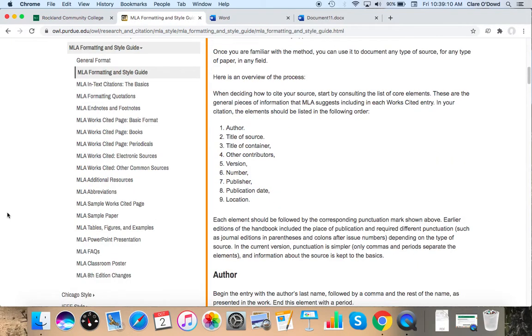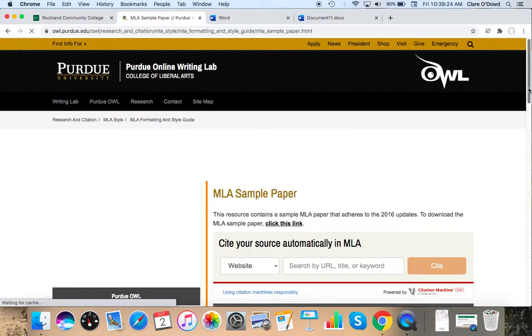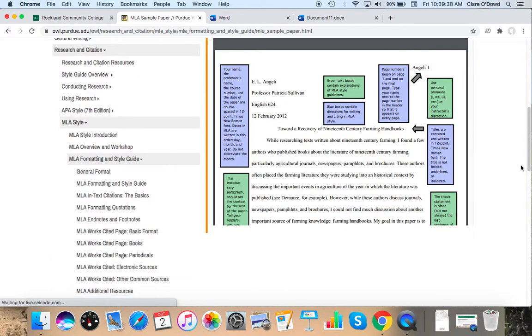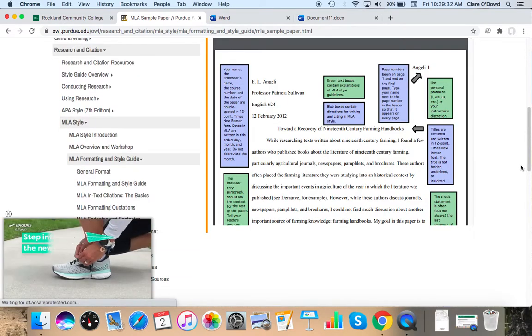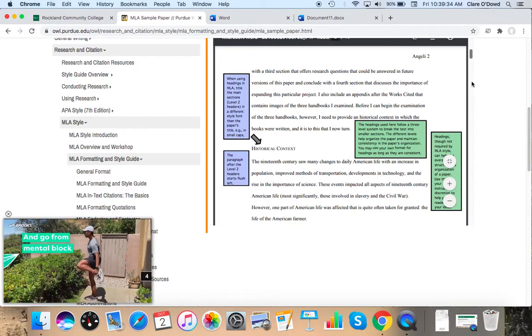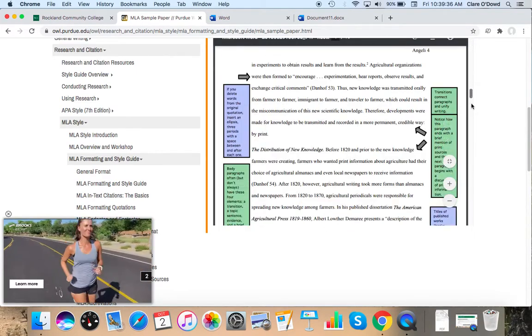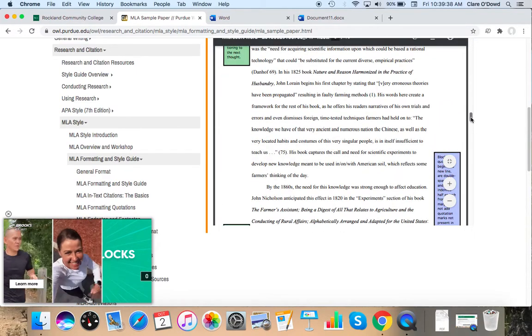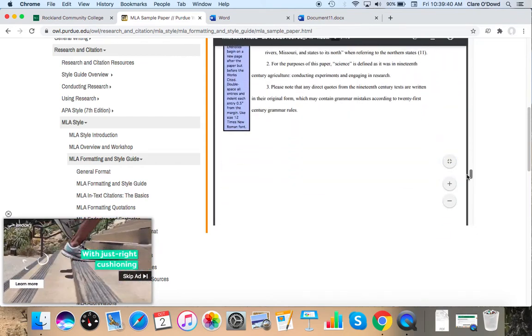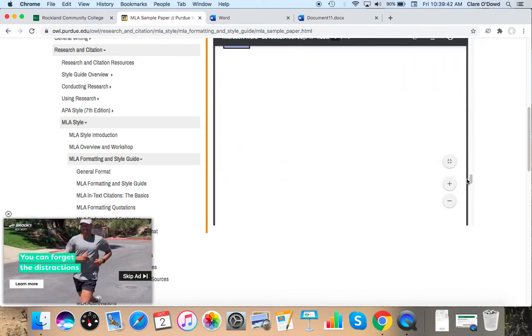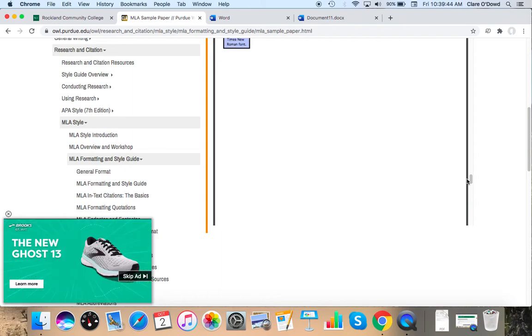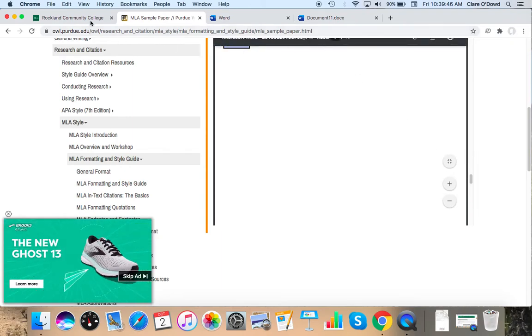So in addition to showing you how to format different types of sources and do in-text citation, Purdue OWL also has a sample paper, which contains labels and explains every element you could possibly use in an MLA style paper, although you might not use every single element in every single paper you write. The last thing I'm going to show you as far as MLA help goes is